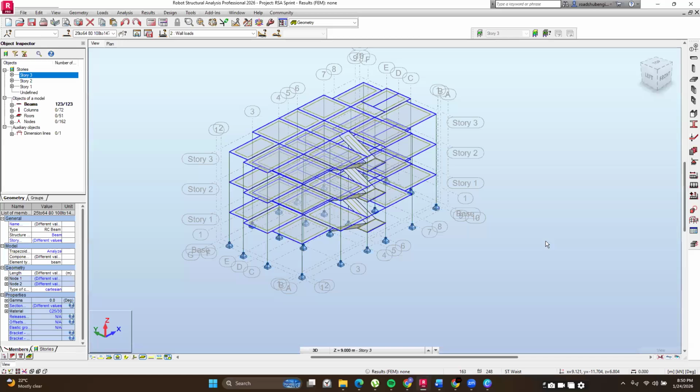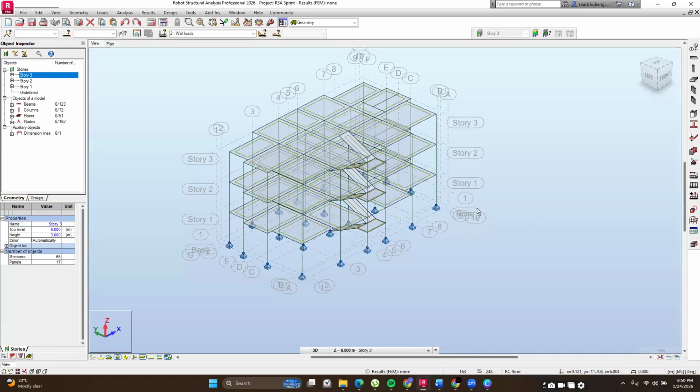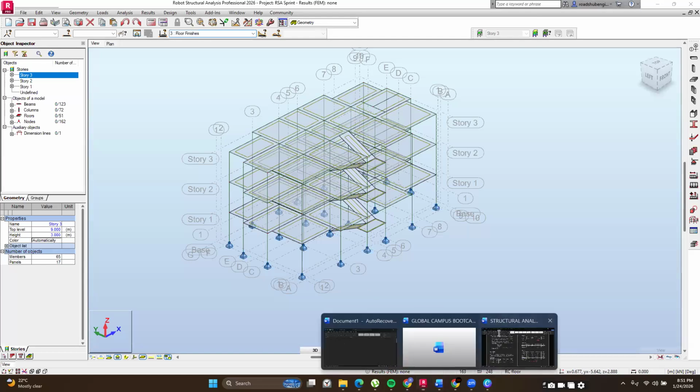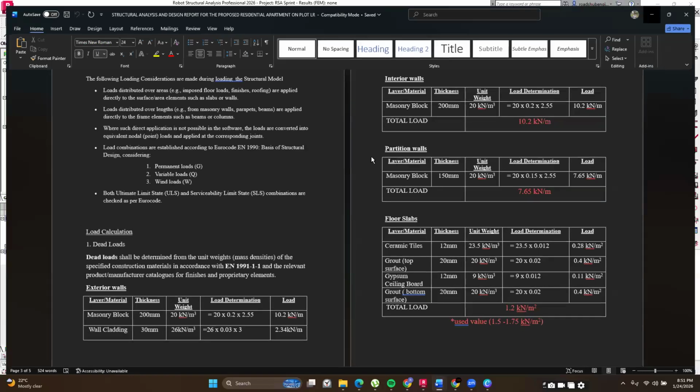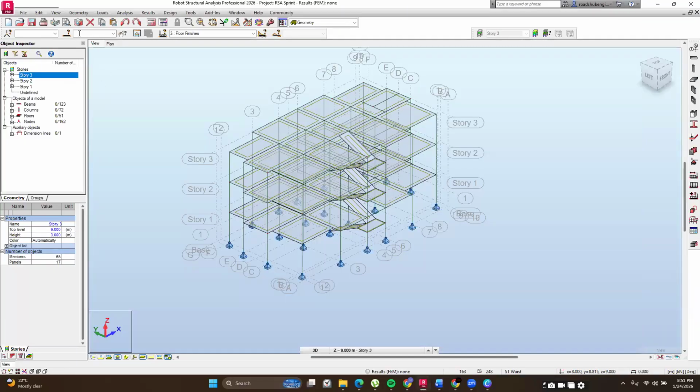So you're going to quickly add the others. After you have defined the wall loads, just go load by load. Next, do the floor finishes. The floor finishes are going to be added to the panels. And for the floor finishes, I'm going to go with a load of negative 1.75 kilonewtons. So to do that, I will